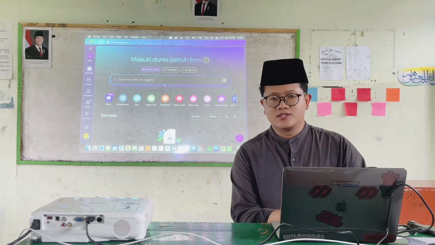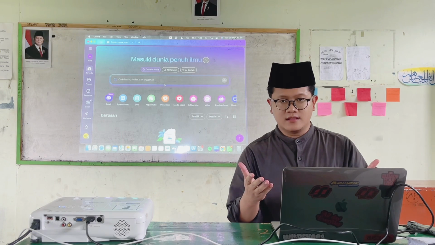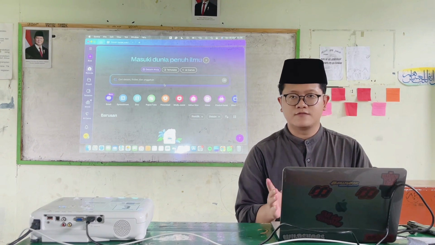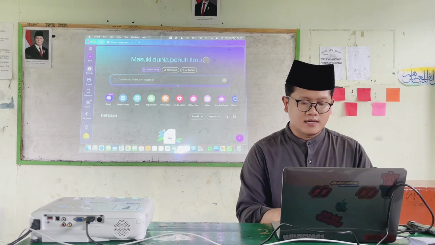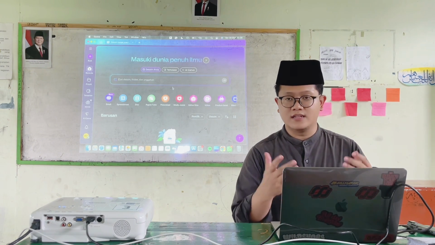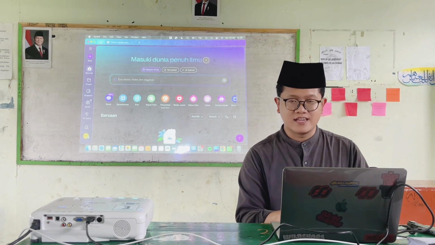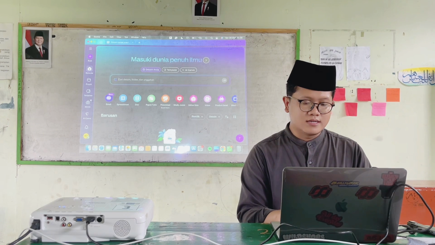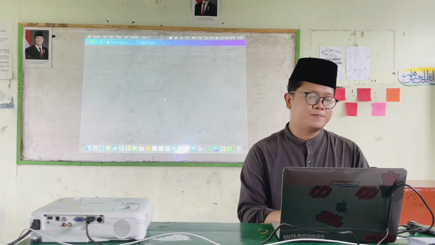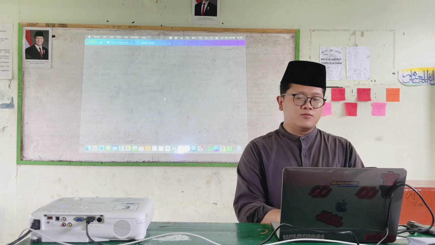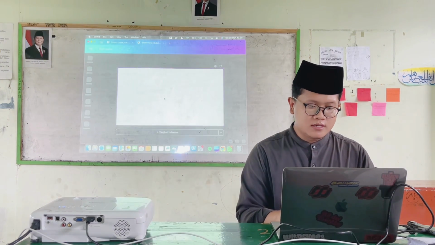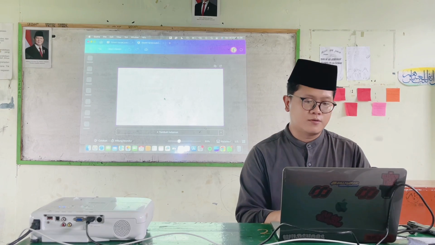Alright, well, ladies and gentlemen, here we are already in the application, especially for Canva. And let's get started. First, when you are already in the application, you just need to choose the icon of presentasi, as we say in Bahasa Indonesia, or this icon for presentation. We just need to click on it, and then it will direct us to the paper when we want to